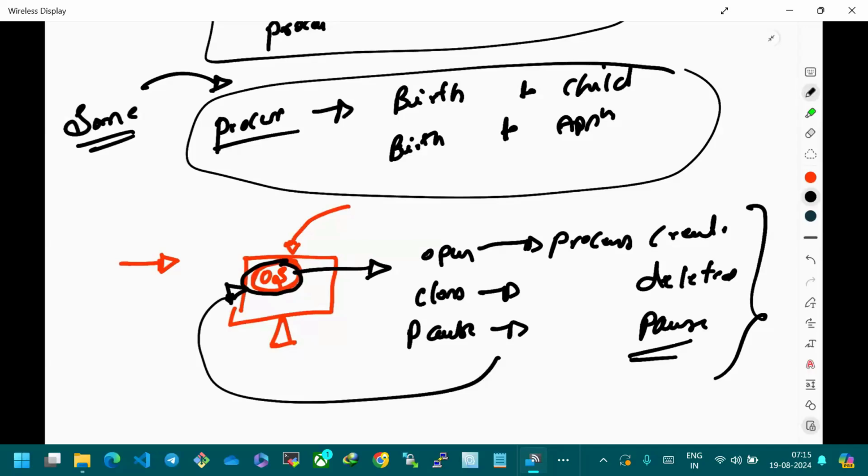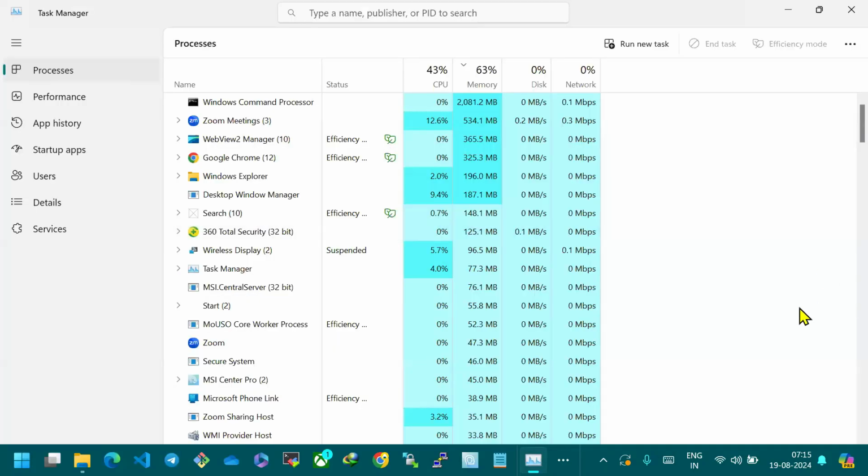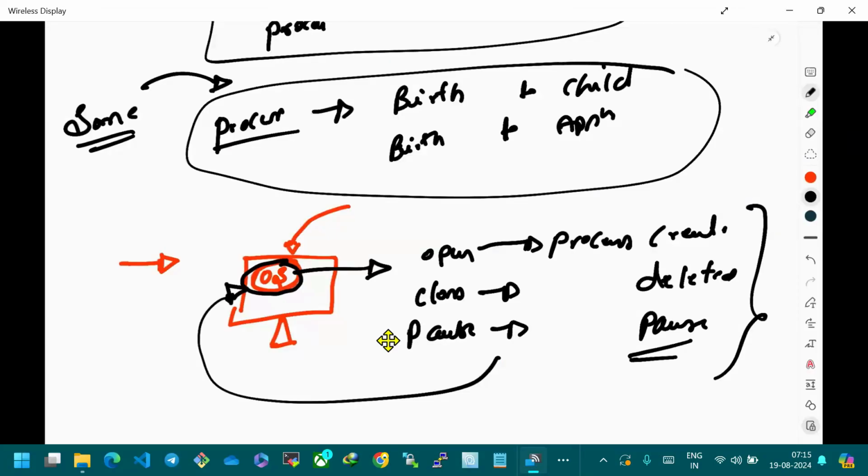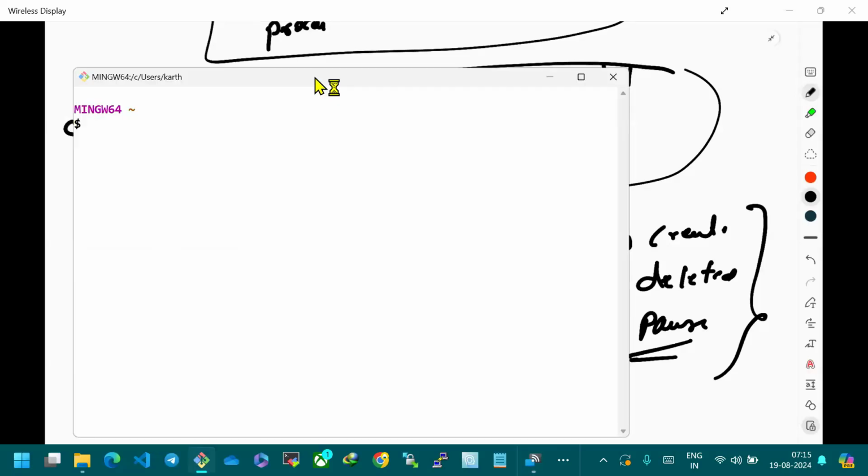This is how you see it in your Windows operating system. If you want to see the processes, just come to your taskbar, click on Task Manager, and you can see this window. It shows you the name of the application, the status, CPU, memory, disk, and the network it is using. All these things it is displaying. Correct? Now, the same thing I want to do right here with the help of my,